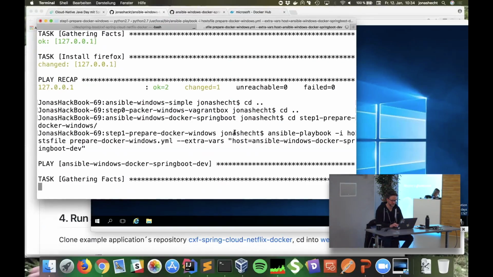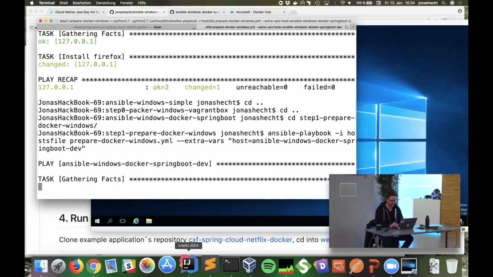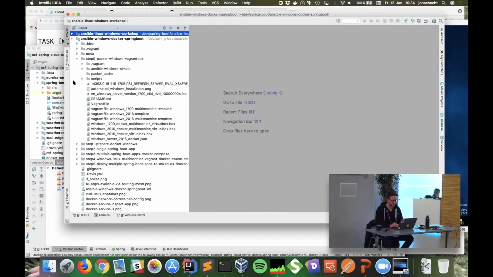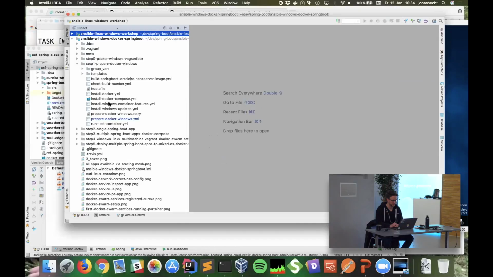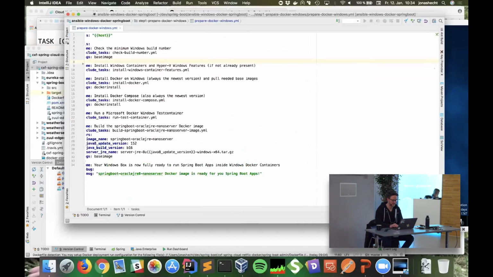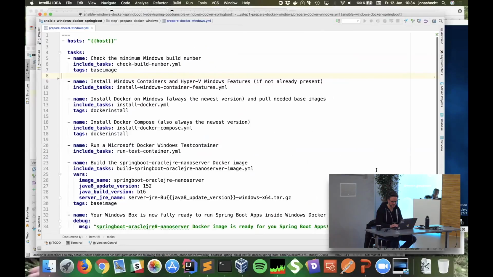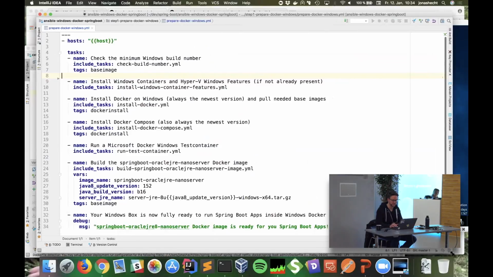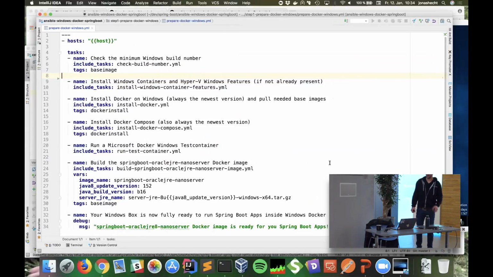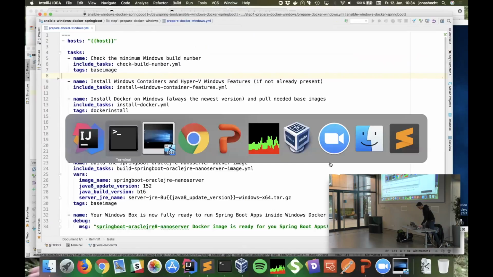So what is this doing? Let's have a look into the code. Right, like that. It's also an advice I can give to you, the Ansible playbooks. The main playbooks you use should always be something readable for all the project members.